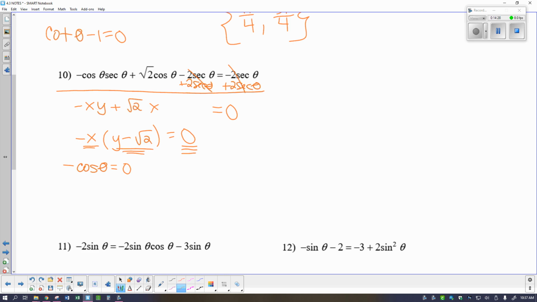So then in place of y, I'm going to put secant of theta equals square root of 2, because I can move that over by adding square root of 2. I can also divide out that negative, which really won't matter. Cosine of theta equals 0 still, and this one's ready to go as well. So in terms of the two different answers here,